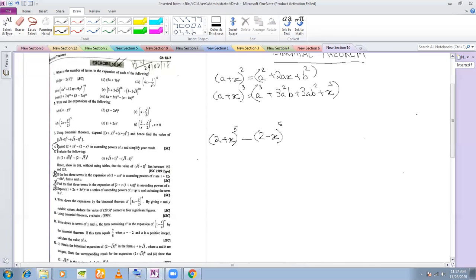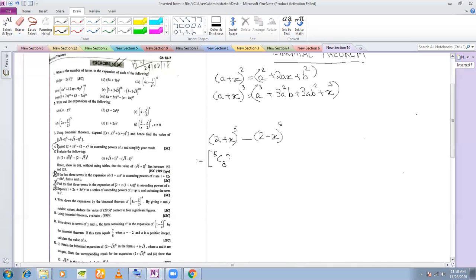So how will you simplify this? You will have to expand both of these by binomial theorem. This is a binomial and this too is a binomial. So you have to expand individually in terms of binomial theorem. So let us see the first one, how to expand. First is